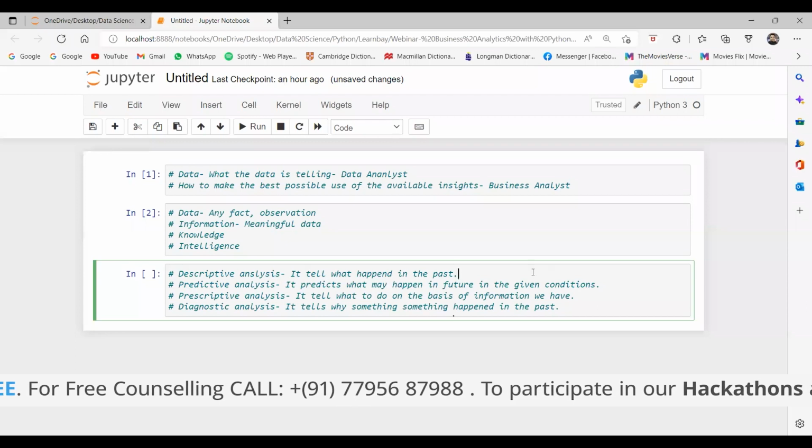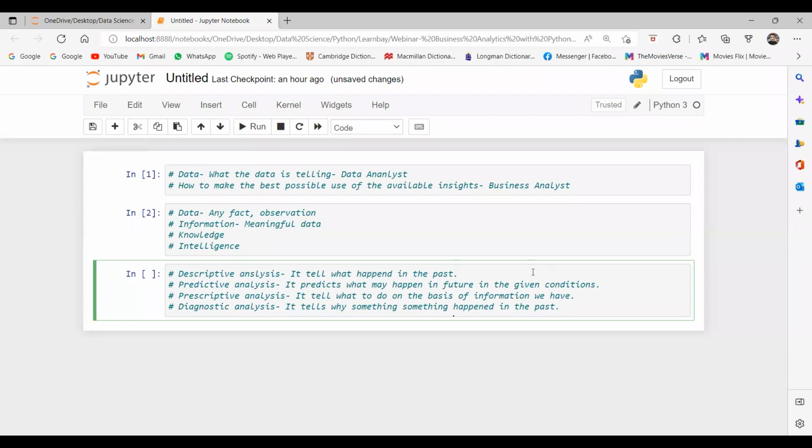For example, our net worth is 1000 crores now. So it is the job of a data scientist. He will analyze every parameter related to the market and our organization. And then he will predict that if we are 1000 crores now, maybe we will be 1500 crores after 5 years.